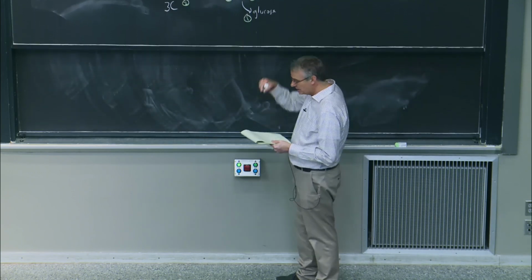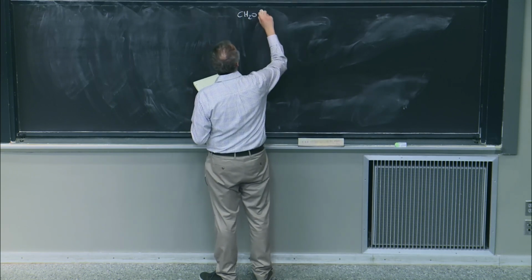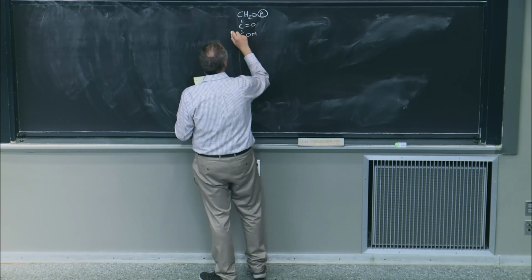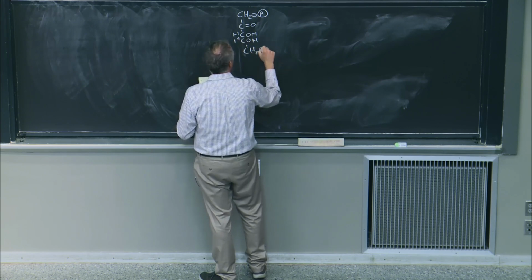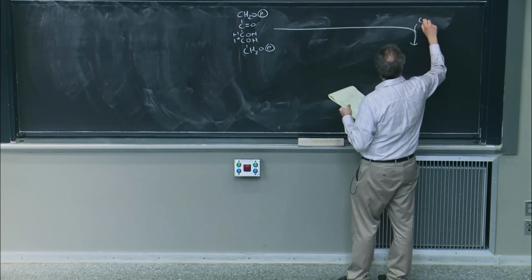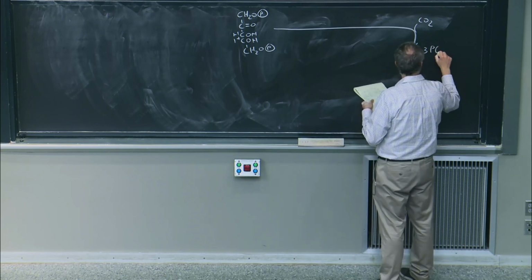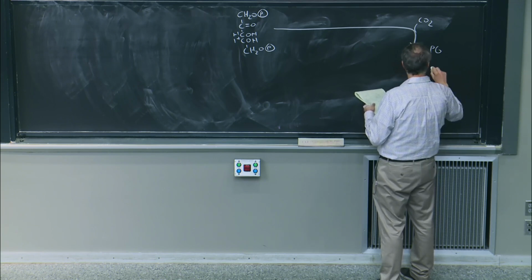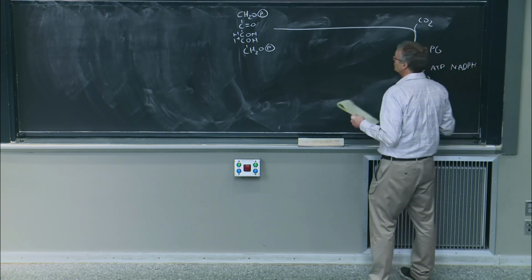All right? So, let's start here with our ribulose 1,5-bisphosphate. Carry out the RuBisCO reaction. I get 2 3-PG molecules. I can run those 3-PG molecules using ATP and NADPH, ultimately